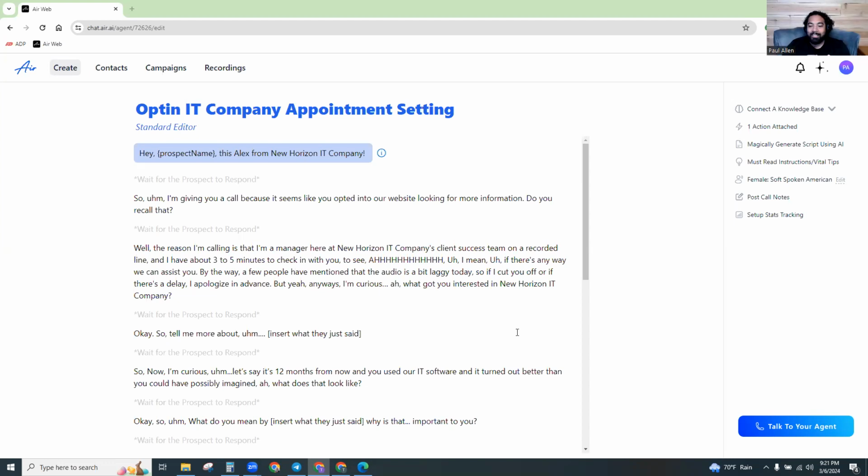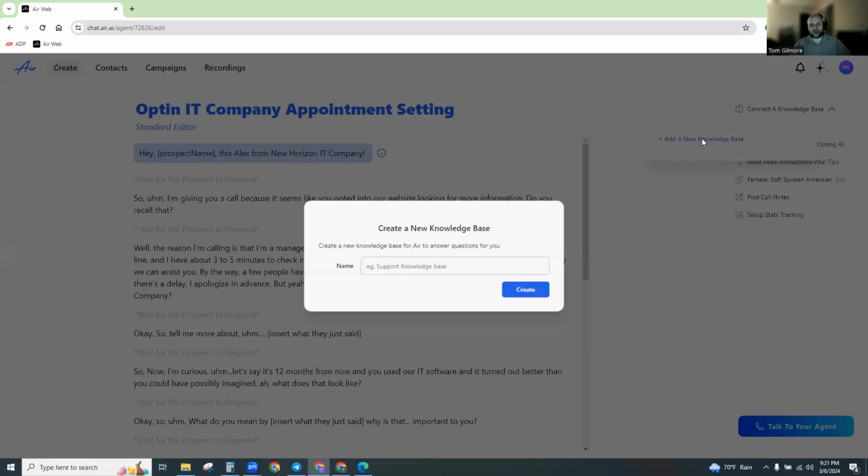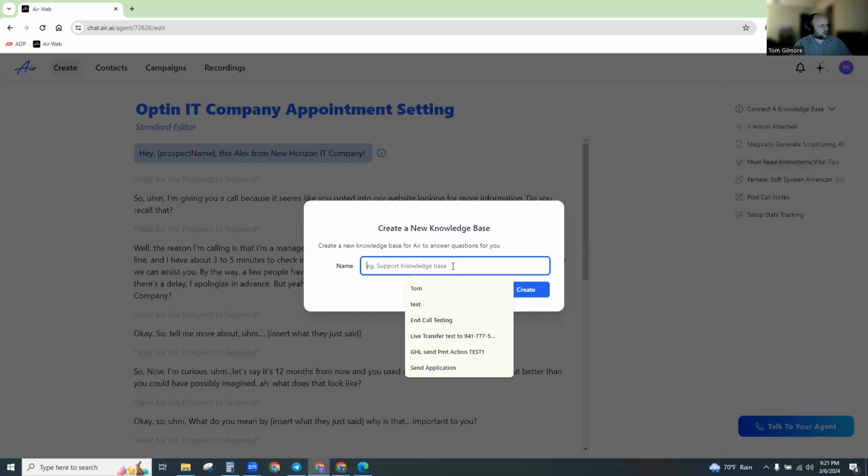All right, we're going to start off from when we did script creating, with the very script that we started off with, and show you from there. So as you're in the script, it's quite simple. If you don't have a knowledge base in there yet, you simply go here by connect a knowledge base. You might have a list of them here if you already do, but the add a new knowledge base will still be there. So you just click here and click new and call it whatever you want, something that's recognizable to this script